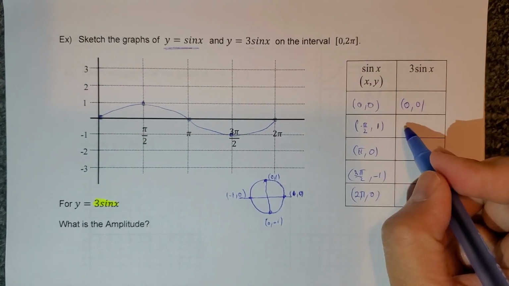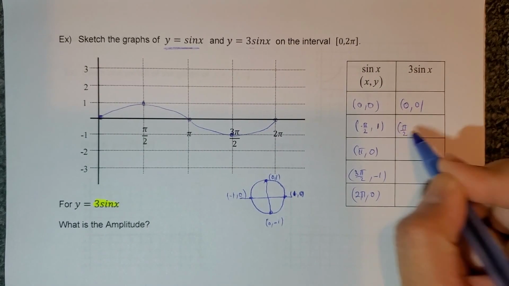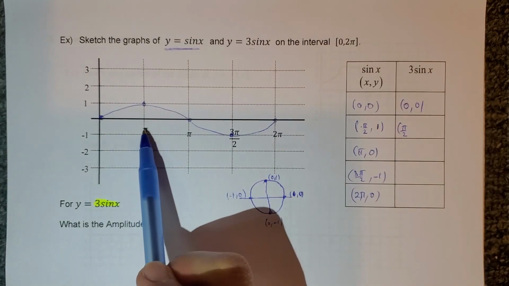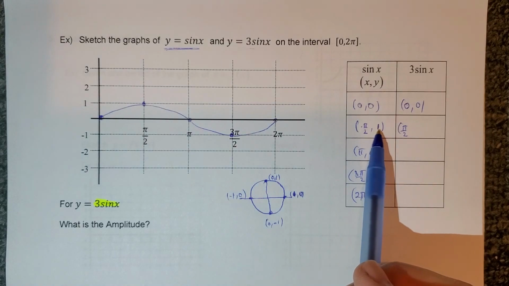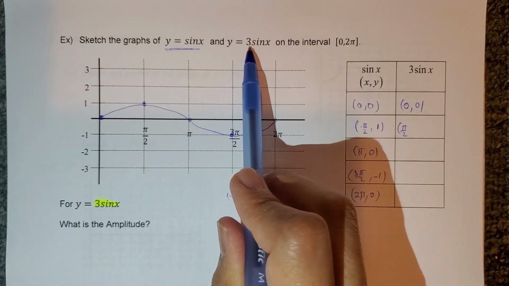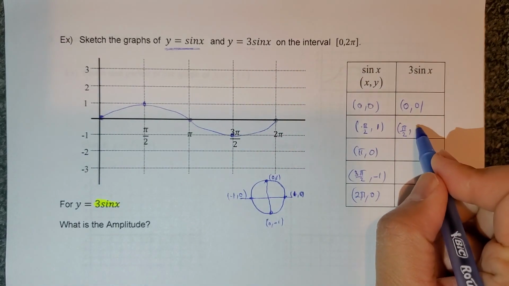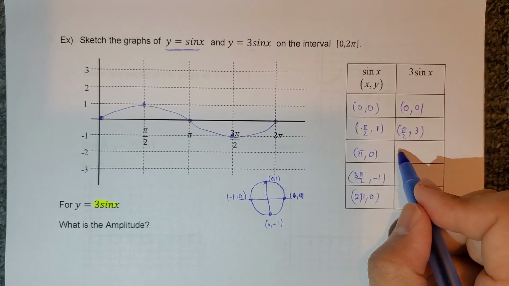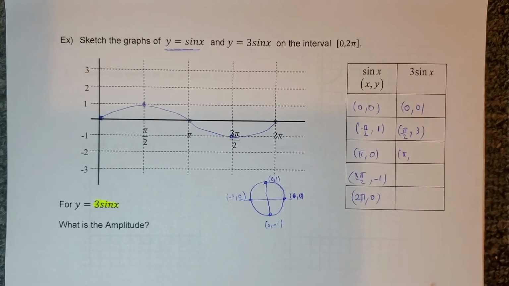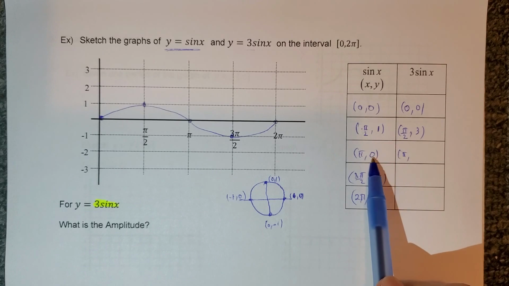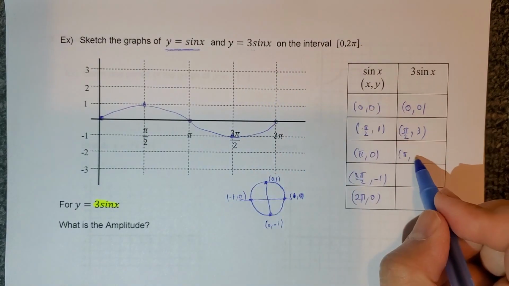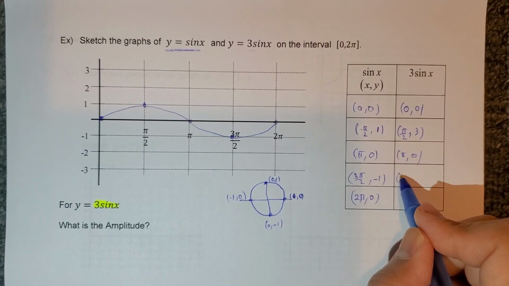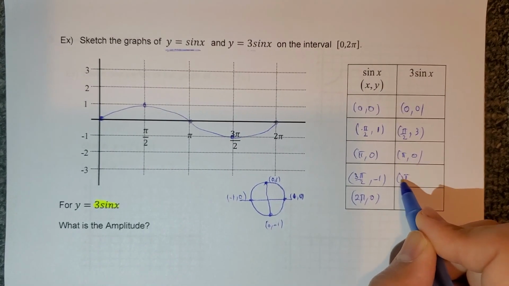At pi over 2, without the 3, your y value is 1, but now it's multiplied by 3, so it becomes 3. At pi, your y value is 0, and 0 times 3 is still 0. And then at 3 pi over 2,